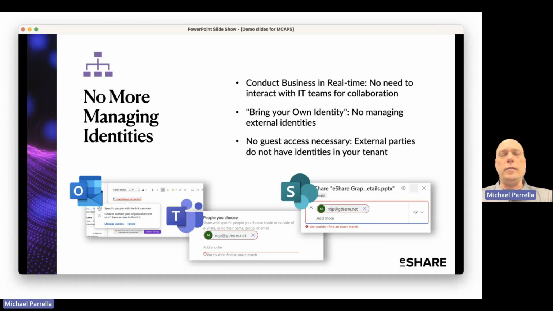Another thing that we have as a significant advantage is bring your own identity. So instead of, again, having to manage guest access or manage multiple identities inside your environment and perhaps getting blocking messages like you see on the screen here, different kinds of messages that block different kinds of external users, we validate the identity of the user against their own home organization, which reduces the friction in a sharing environment.